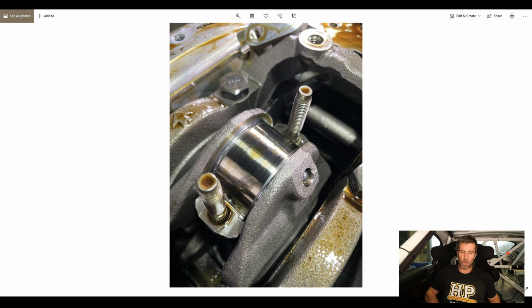Another part of this as well is we also want to have a bit of a visual inspection of the condition of our crankshaft journals, both the big end, which we're looking at here, as well as the main journals. Now, it's a little hard to really tell too much here. This journal is actually in really good condition, and a little simple test that you can do here is just run your fingernail across the surface of that journal.